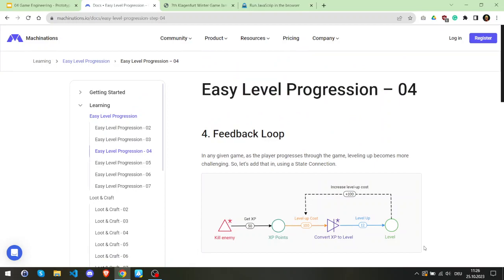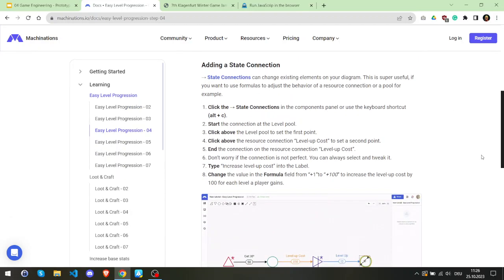So the whole idea would be that you create stuff. Here, you kill an enemy and you get 50 experience points. If you have 100, then you can convert the experience points to a new level. Like you can level up, and if you level up, you just add to this border. The next level would cost you 200, the next level would cost you 300, and then you can run and play it. I was just looking if there is a way to actually